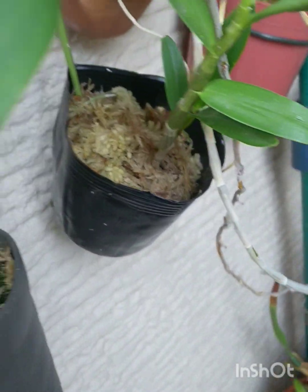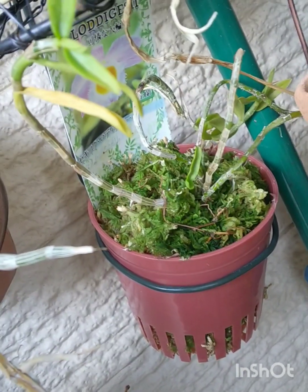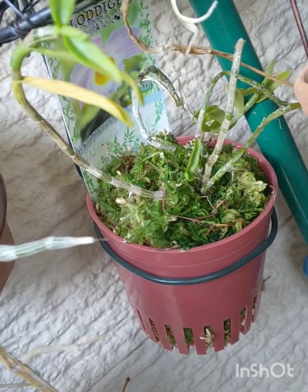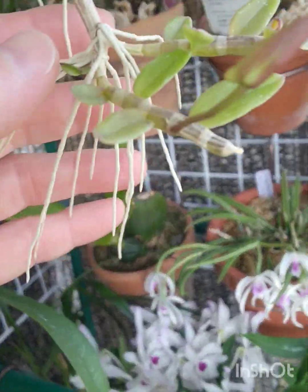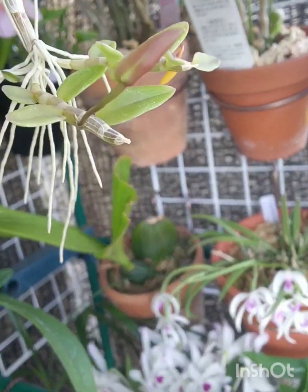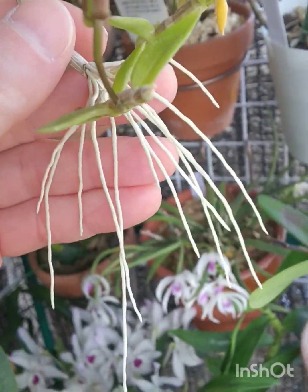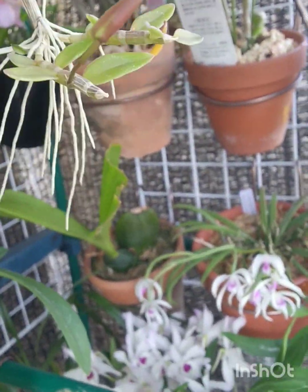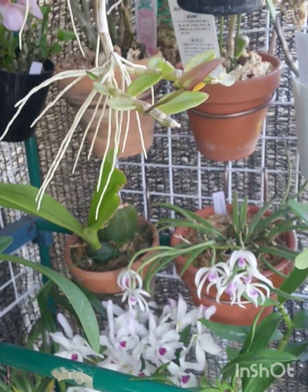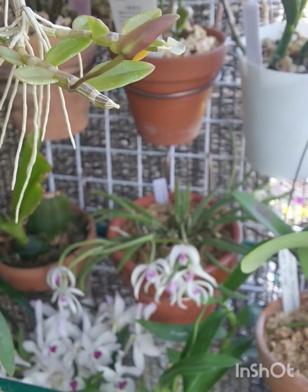Next here, this is just a couple more keikis from this Himeji from the buyer. Legicii. This is what's left of my plant. I'm still learning how to grow it. I've got to keep it cooler in the summer. So I bought another one because I love Legicii. This one's got lots of keikis. What I did with the keikis is I tried to layer it. So I tried to get another pot and pin this down into the pot. And what happened? Nothing. Roots just died away. And then the keiki died too, so it just doesn't like it. It likes to sit out and airy like that, so